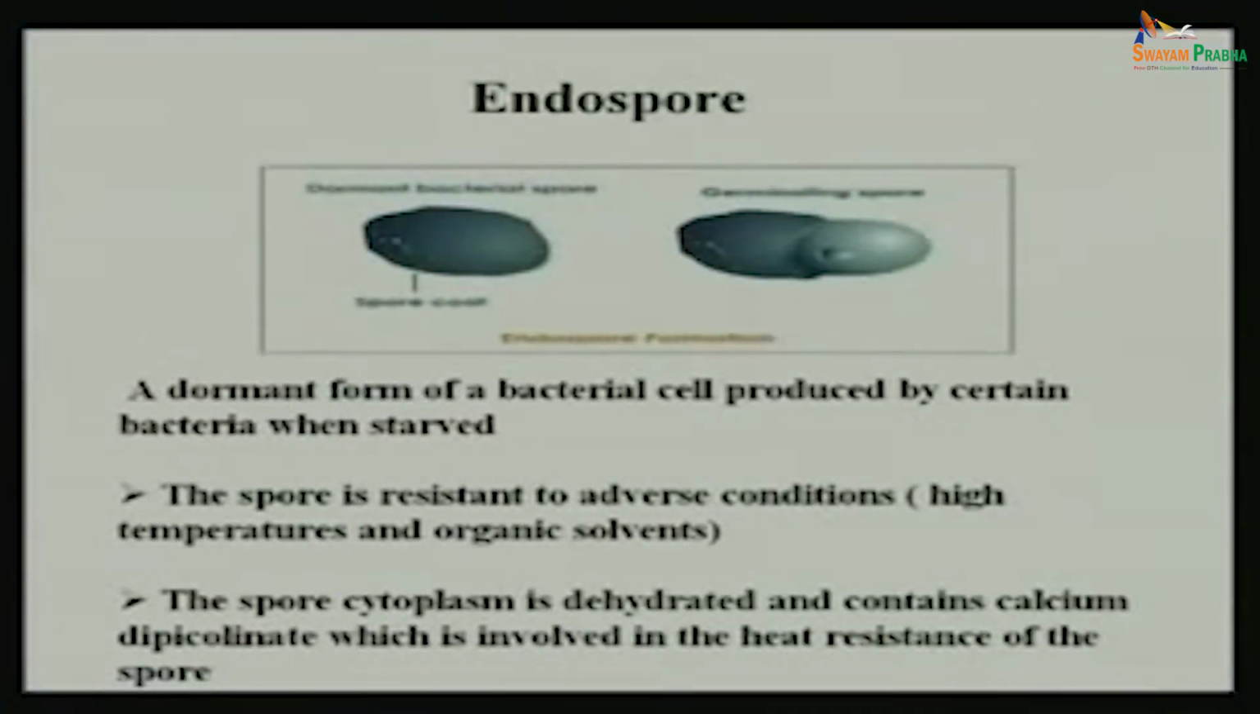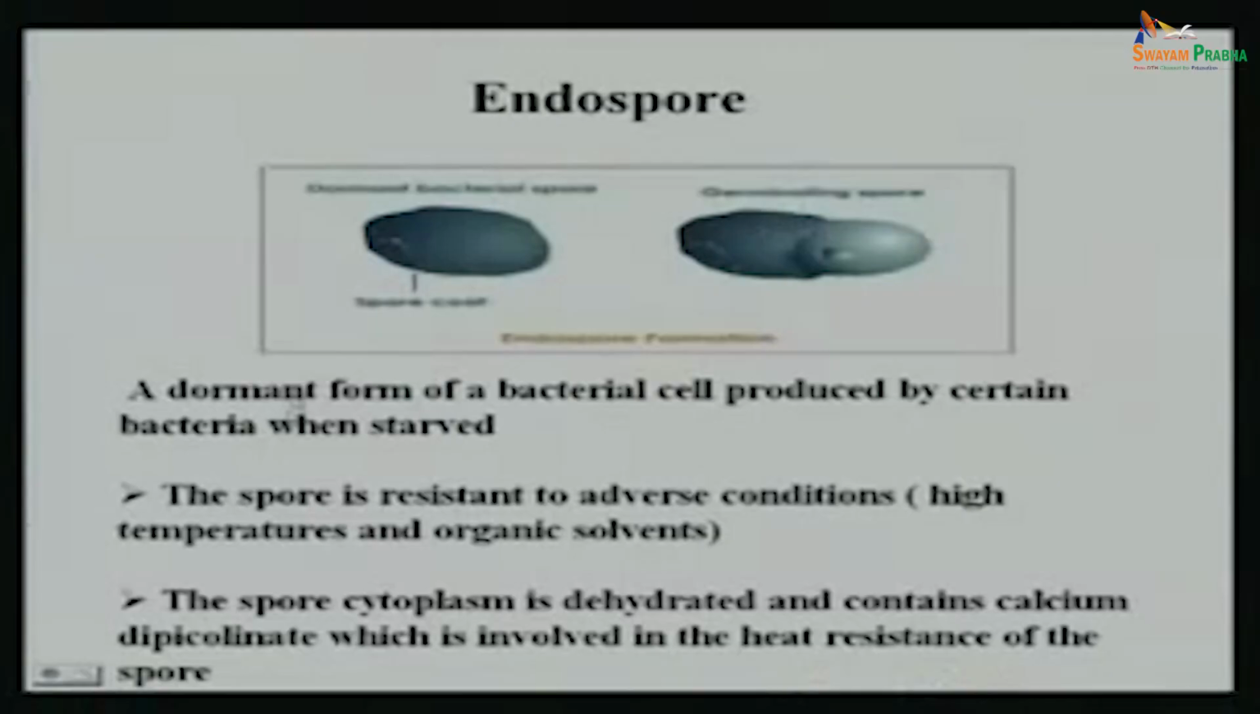Now, endospore is one of these very unique structures where this bacteria can survive for years together. It is a dormant form of bacterial cell produced by certain bacteria when they are under starvation. The spore is resistant to adverse conditions, that means it can withstand high temperature and any adverse situation, such as high organic solvent or any such